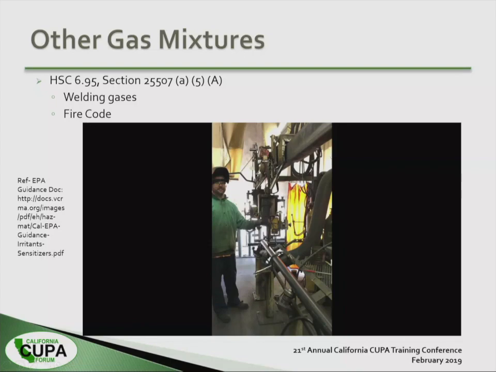Anyways, it's just an example of a guy using a plasma cutter, and when he's cutting, he's using a combination of nitrogen and hydrogen gases. Hydrogen is a flammable gas, even though nitrogen is not. He's using a mixture of those two gases to do the cutting process itself. So then the threshold goes back down to 200 cubic feet.